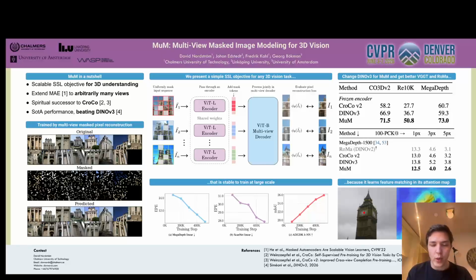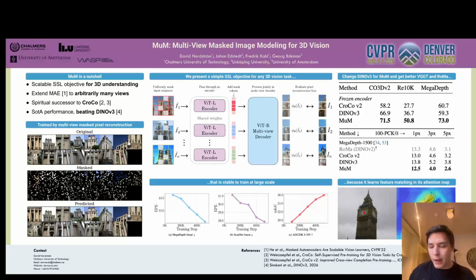As we sample up to 24 frames, it's super simple, and we can just, from many datasets, both video datasets and scene datasets, randomly sample views from the scene, and if you take 24 of them, you will have sufficient co-visibility.